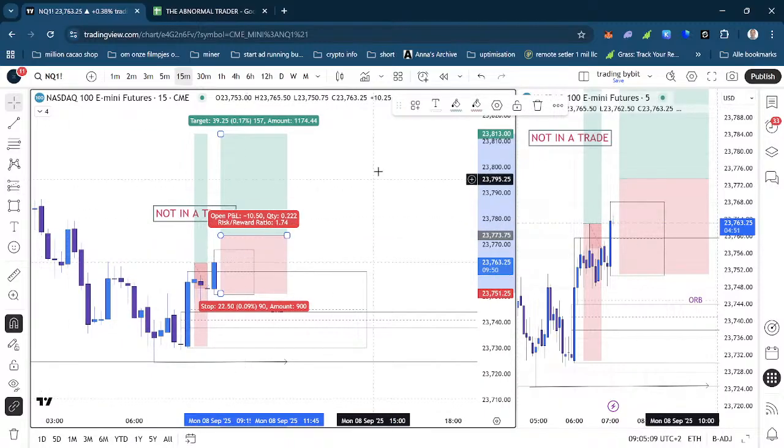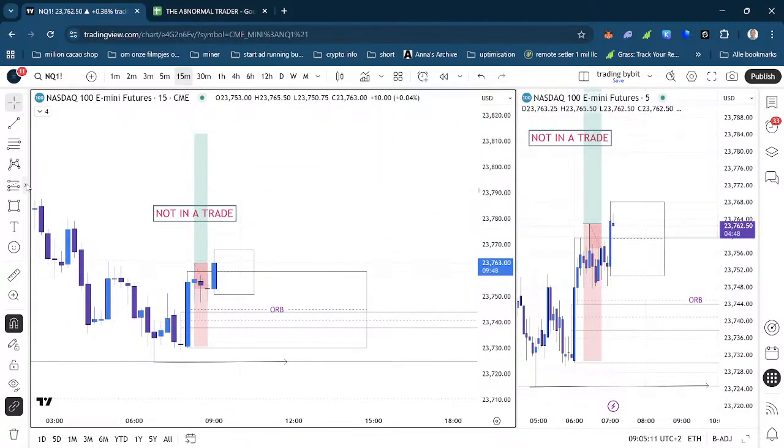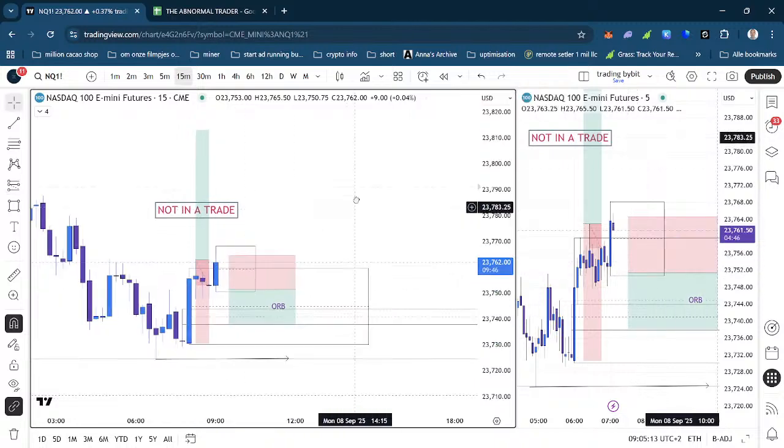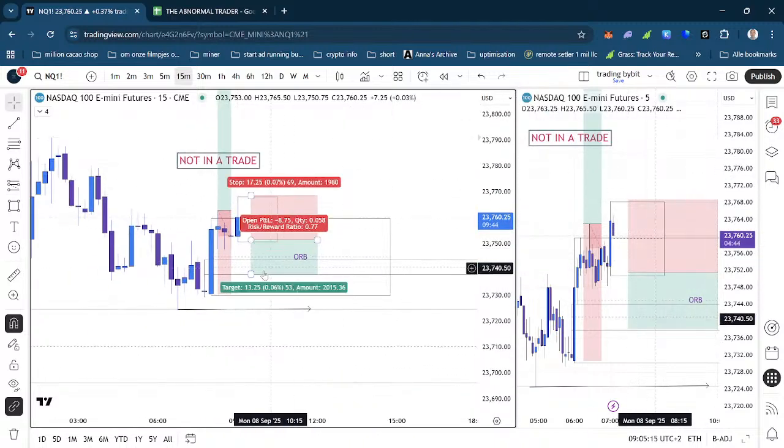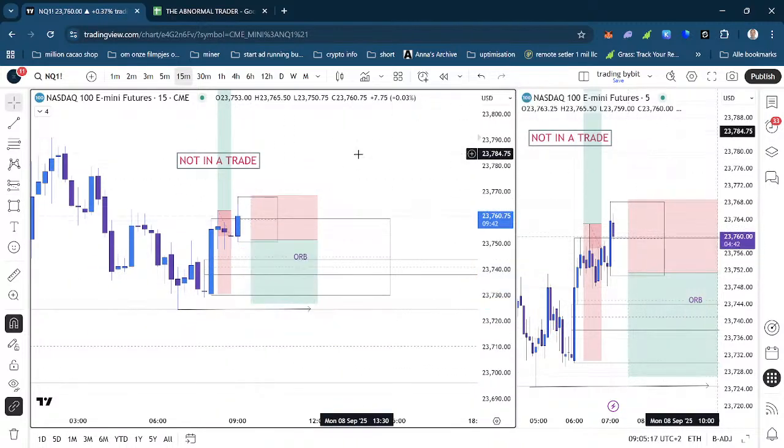The only thing is, if the first one goes up and the second one says I'm going short, you have a problem. This is the only thing you cannot take, because you cannot short and long at the same time in the same account. That's not possible. Then you have to decide that you will take the pre-orb before the orb, that's all.